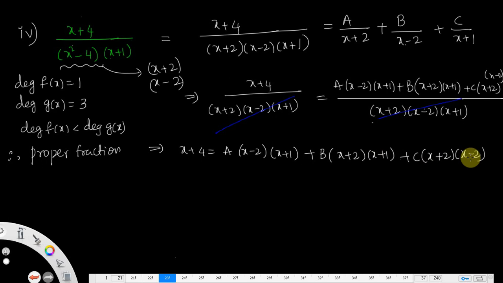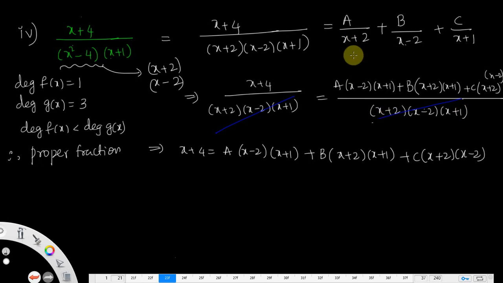Same as the first part we have completed, x squared minus 4 can be expressed as x plus 2 and x minus 2 as factors. That is why I repeated here. You can get three non-repeated linear factors. That's why you can write a by x plus 2, plus b by x minus 2, plus c by x plus 1. By taking the LCM, denominator, we have already written all those.